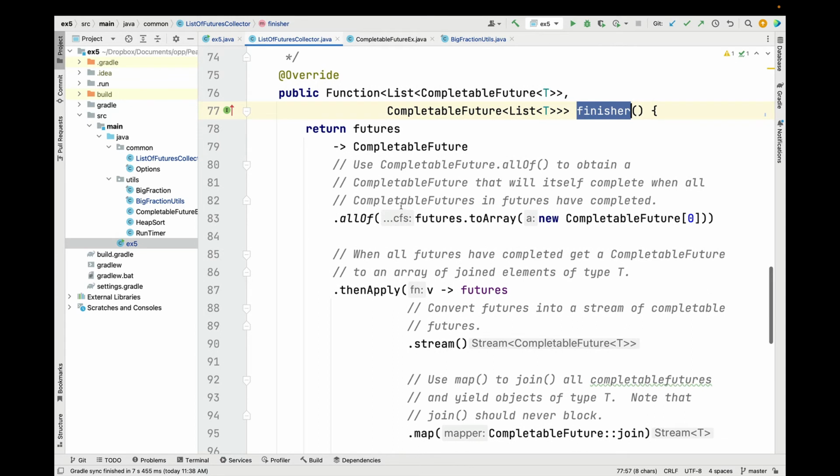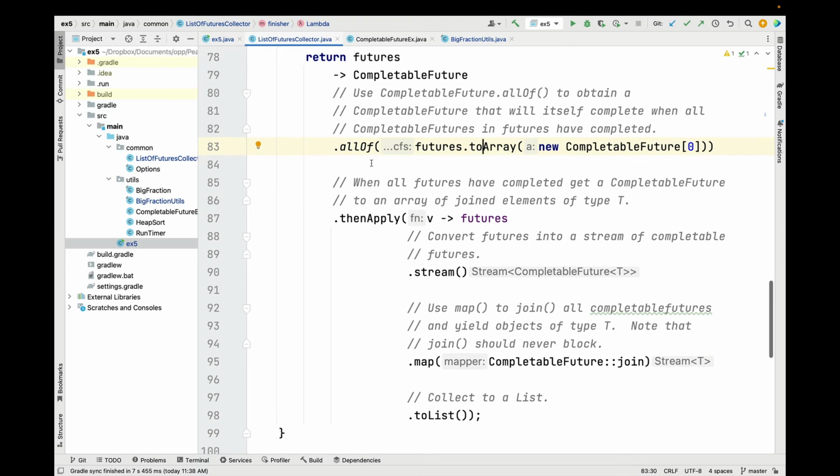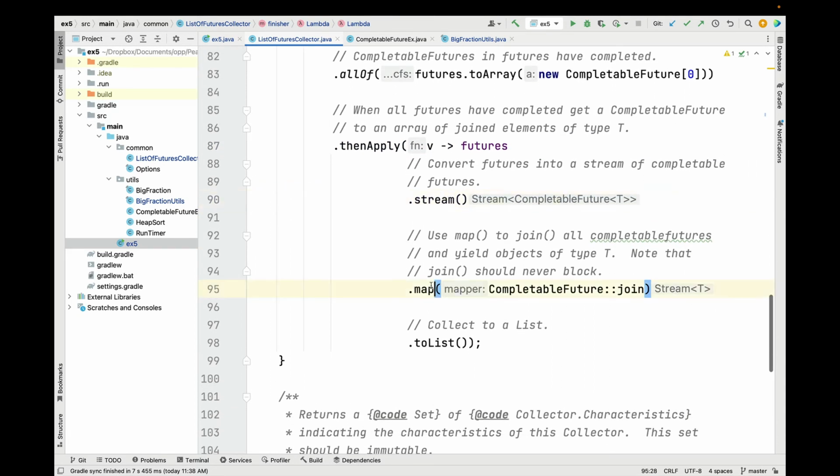And you can see the finisher method is going to take that list of completable futures to objects of type T, and then go ahead and use the allOf arbitrary arity method to wait for them all to complete. And it doesn't actually wait, it actually returns a completable future that, when complete, indicates that the processing is finished successfully, in which case we turn that list of completable futures into a stream, use the map intermediate operation to